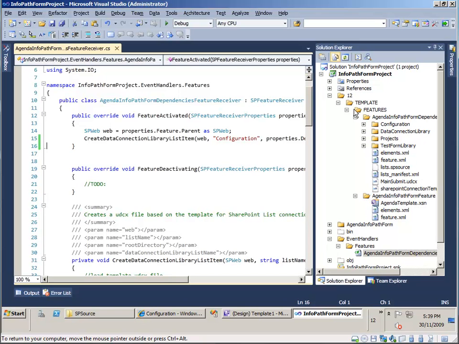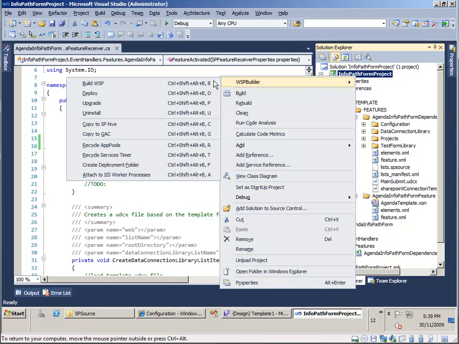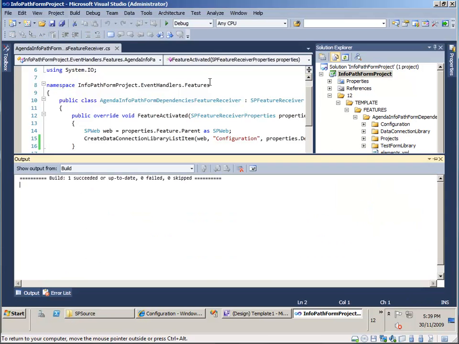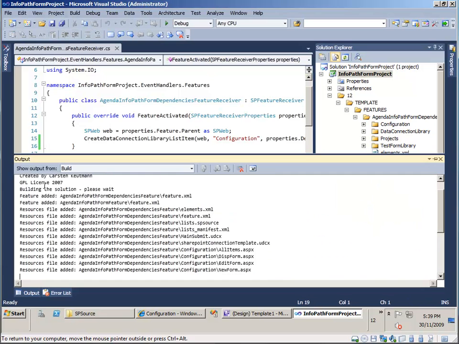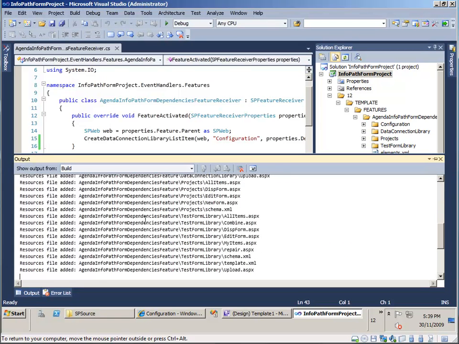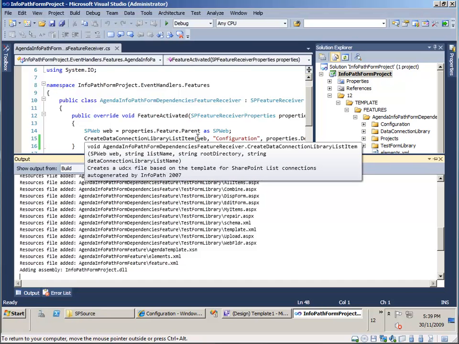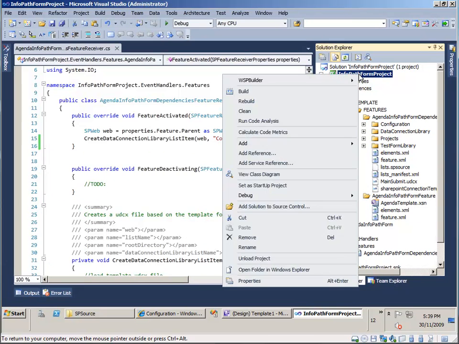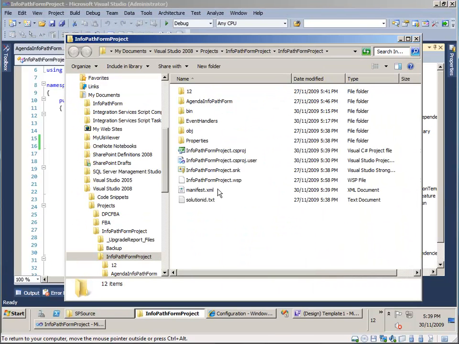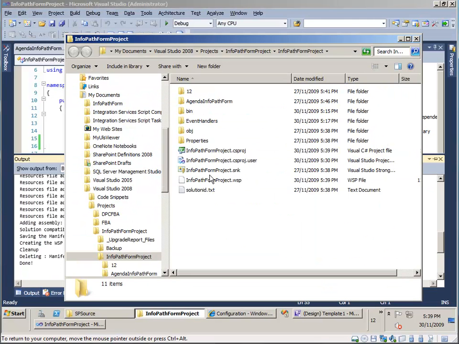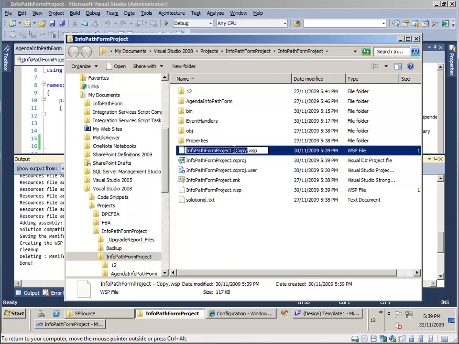So with all that created, all you simply do now is come into your WSP builder, and that's going to go away and create that WSP, and you'll see it's pulling up all those resources it requires, which has understanding and logic of what's in that list. And then once that's done, if we have a look in here, we'll see that WSP is there. Hopefully it's finished. Yep, it's done. So if I copy that WSP and have a look in there,